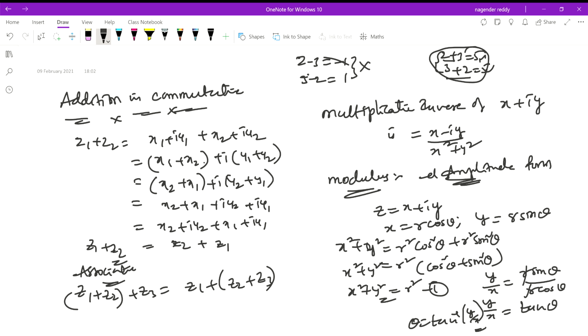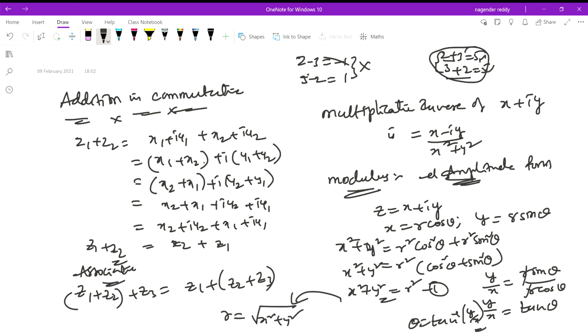And where r is equal to, we can write, r is equal to under square root of x square plus y square, by using this concept. By using that concept, this is the modulus and amplitude form. And if you have any doubt, we'll go for cos theta also. If you want to substitute the values, you can substitute the values of cos theta also.